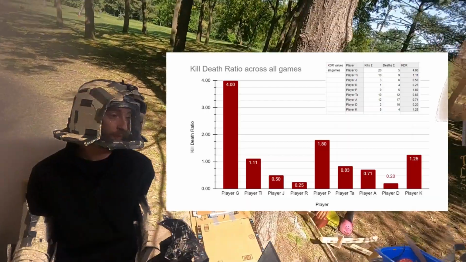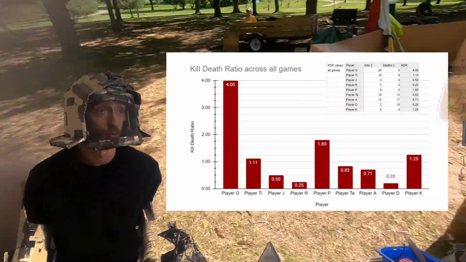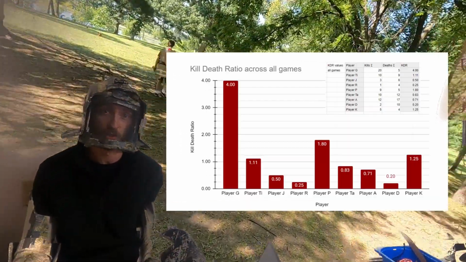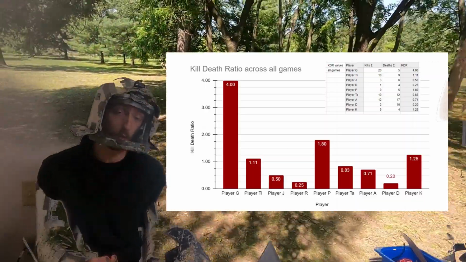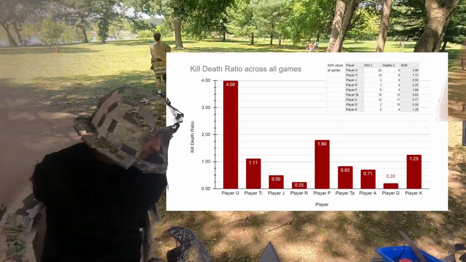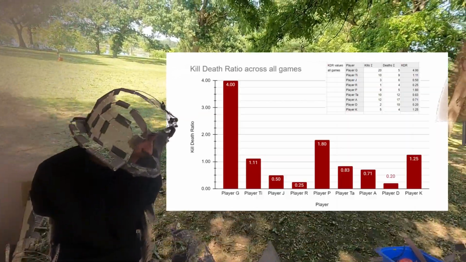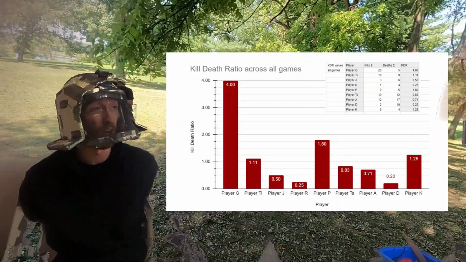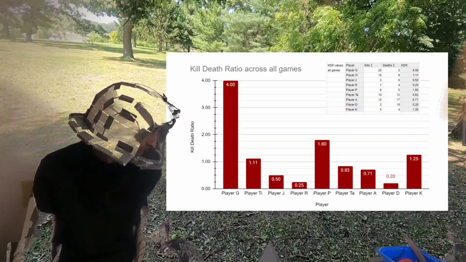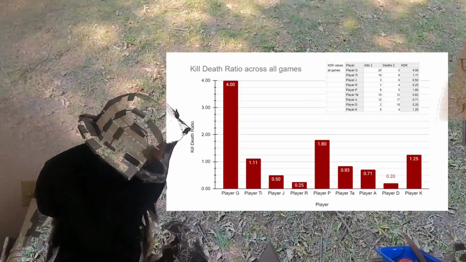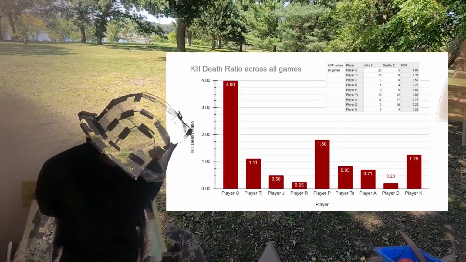So every time you're carrying a flag and you encounter an opponent, your only option is just to run away. And so if there's no way to positively improve your KDR from an encounter, all it can do is you get away so it stays the same, or you die so it goes lower. You're just going to end up lowering your KDR over and over again. But player D, I think, single-handedly contributed well over half of the flag captures for their team. So very impressive player, even if their KDR is not that high.